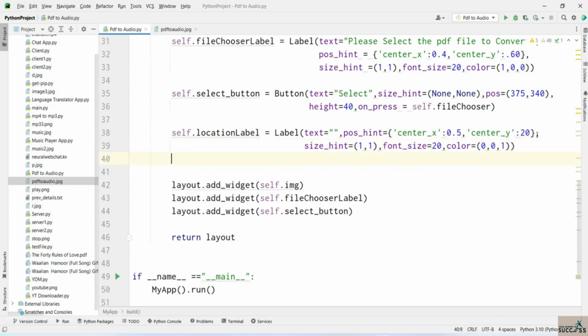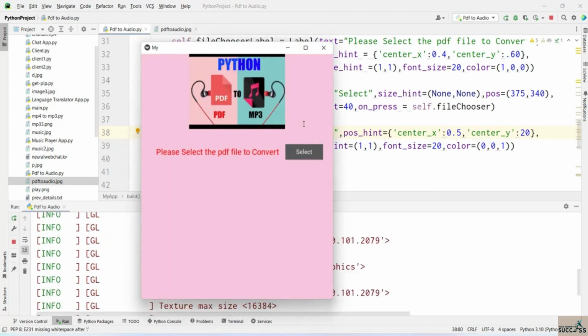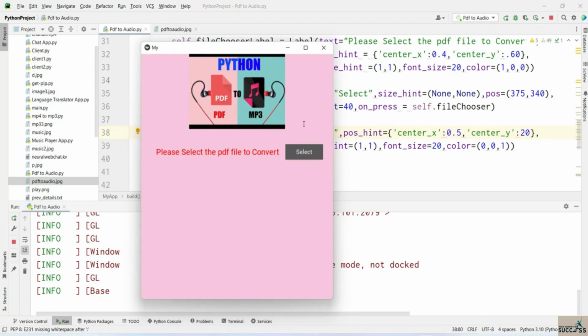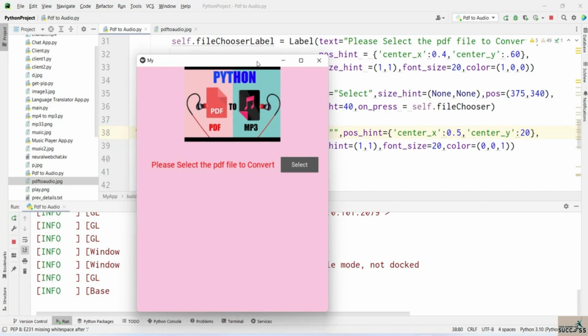Okay, so that's the color, and now let's add it to our layout as well. So self dot location label. Just remember that this label is actually not visible on our screen because we have set the Y position to 20. You can see that we're executing this application, and we have added this label on our window, but still it's not visible, because we are setting the Y position to 20, and this position cannot be visible on our window. Okay, so now